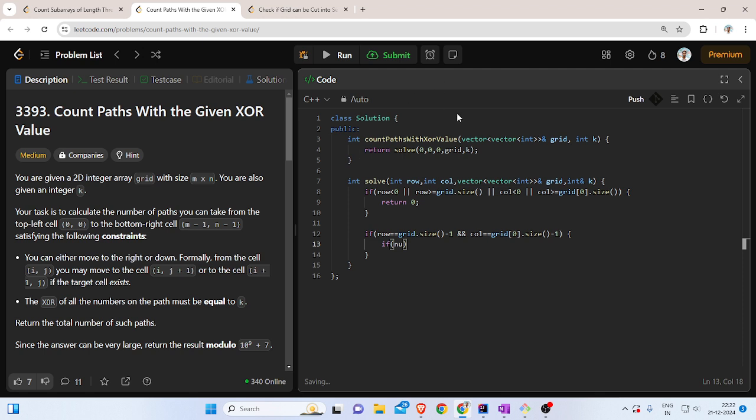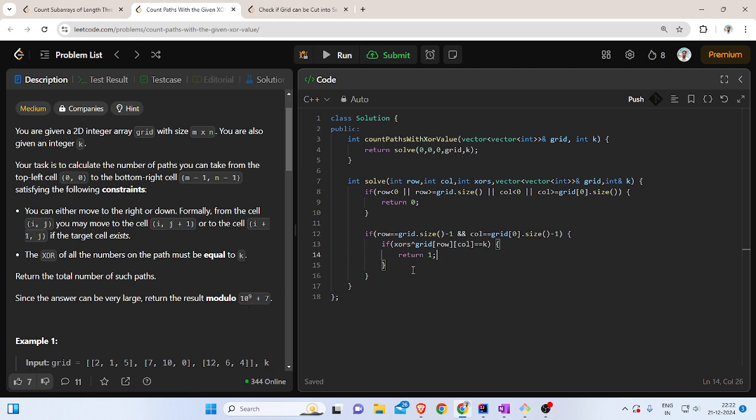At this point, I should also take the XOR value, so let me take that as XORs. If the XOR of the current element, grid of row column, is equal to k, then we have done it. Return this as one of the paths. We want to find all the other paths, else there is no other way. Return 0. Right? And then we can just do for the two remaining parts,